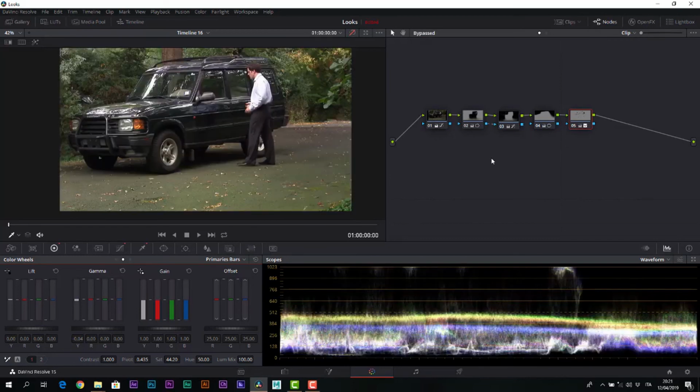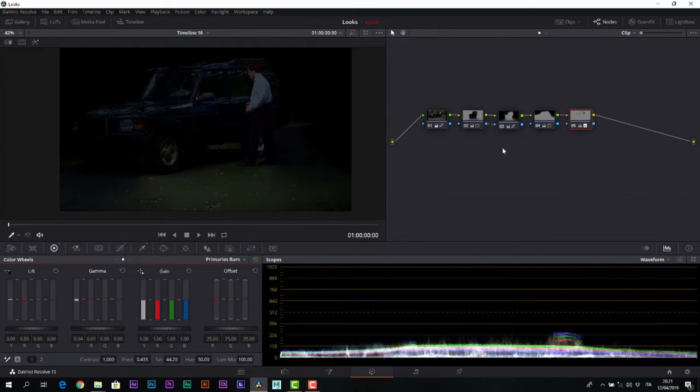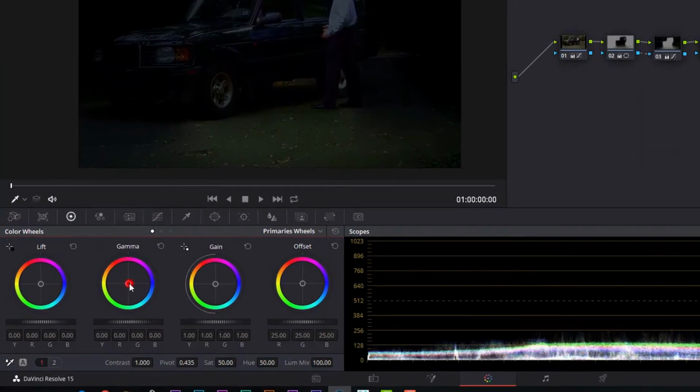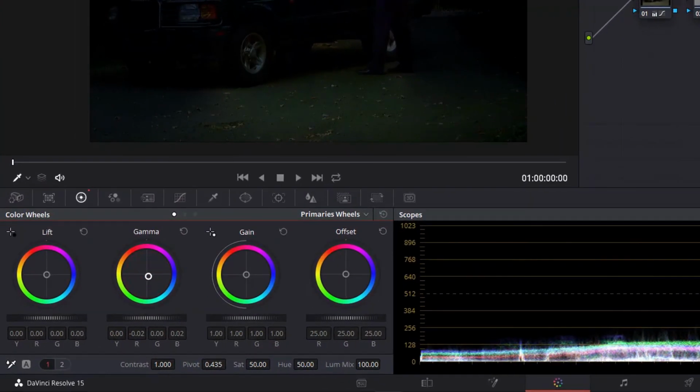This scene that started from this situation now looks much more like a nocturnal environment. A final touch could be, with one last serial node, to give the whole scene, depending on the mood of the situation, a slightly colder tone. Be careful, however, not to overdo when cooling a night shot.